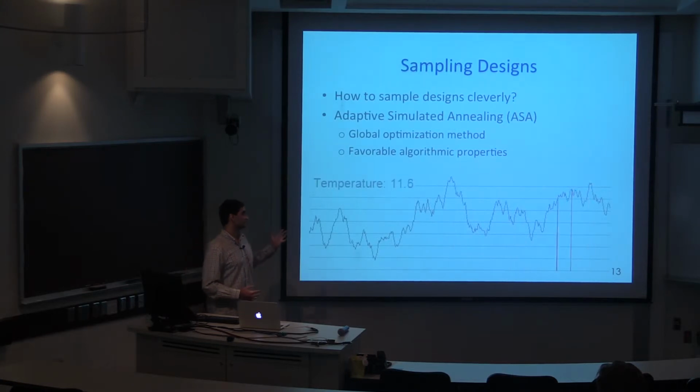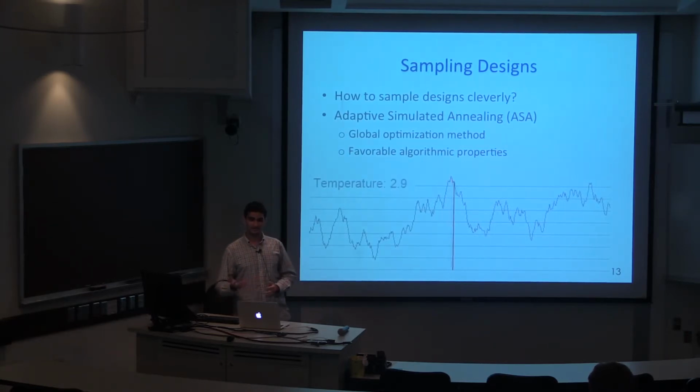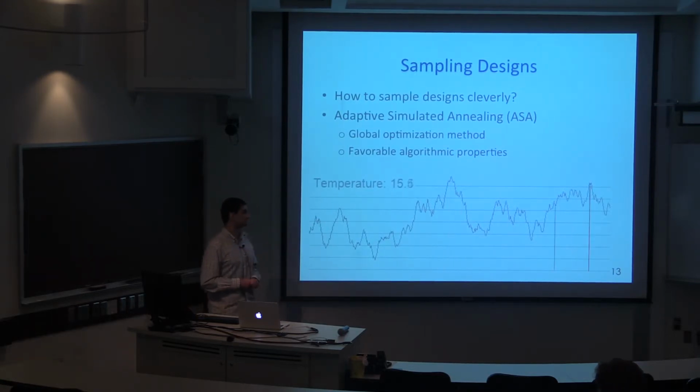The ASA algorithm starts with a high temperature at first, and that allows the algorithm to sufficiently explore the design space in this case. And then finally, as the temperature is decreased, the algorithm converges to a globally optimal value. In that case, that global max over there. And it also has some other favorable algorithmic properties that allow us to conclude some other advantageous properties of our